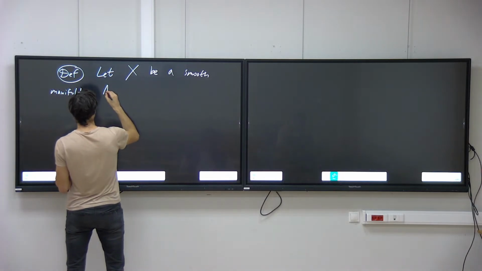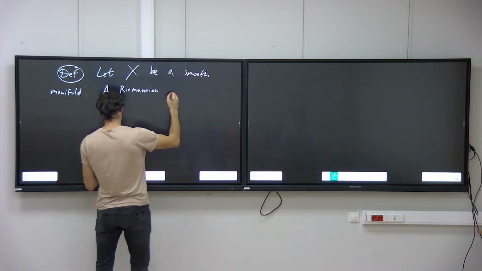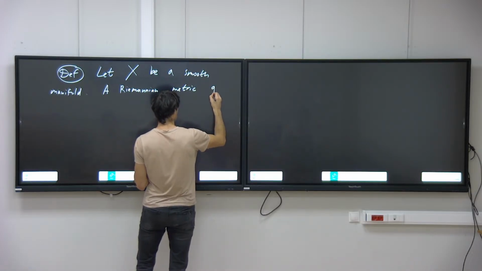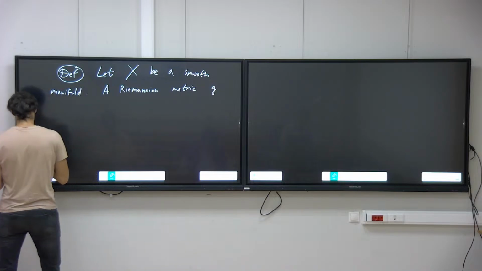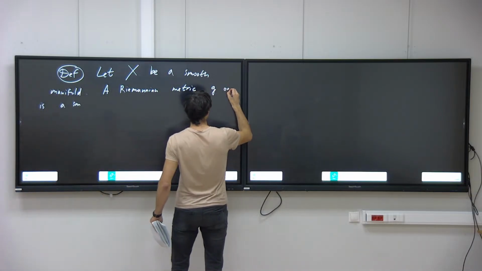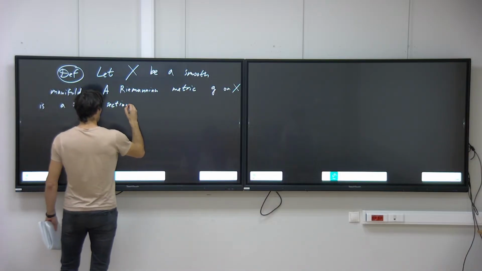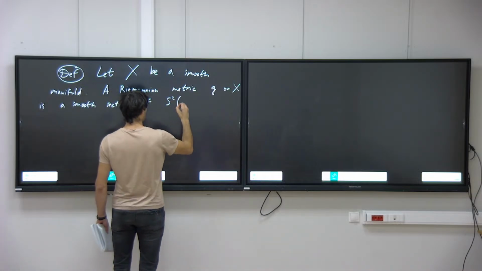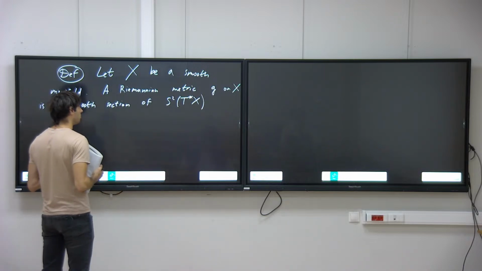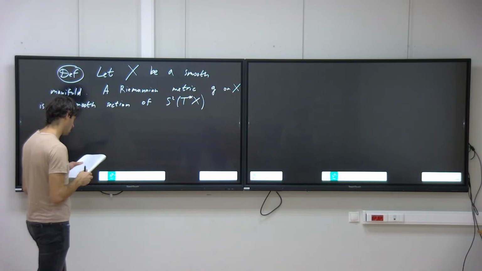And then a Riemannian metric G on X is a smooth section of S2 T star X, the symmetric square of the cotangent bundle, such that